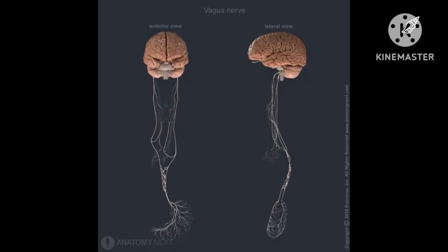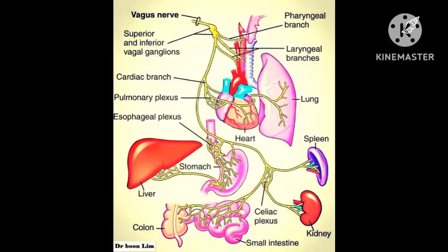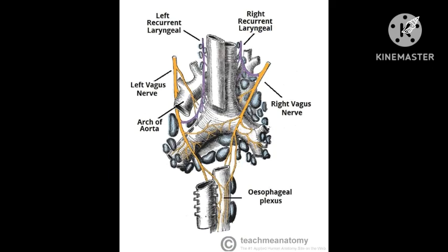The vagus nerve, also known as the 10th cranial nerve, cranial nerve X, or simply CN X, is a cranial nerve that carries sensory fibers that create a pathway that interfaces with the parasympathetic control of the heart, lungs, and digestive tract. It comprises two nerves, the left and right vagus nerves, but they are typically referred to collectively as a single